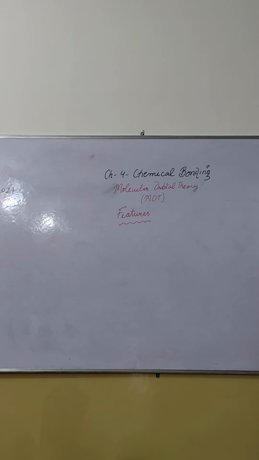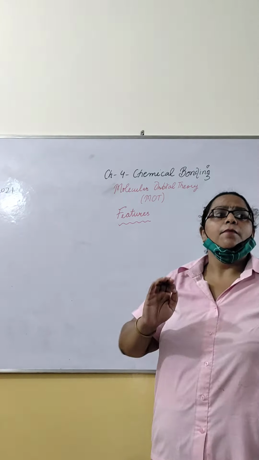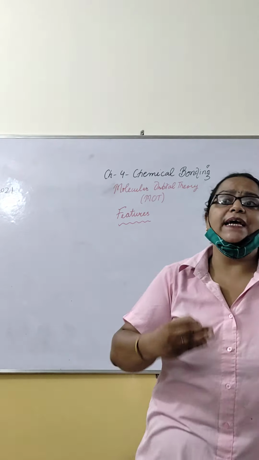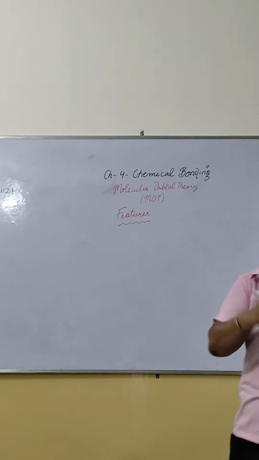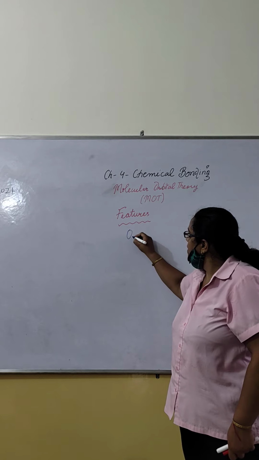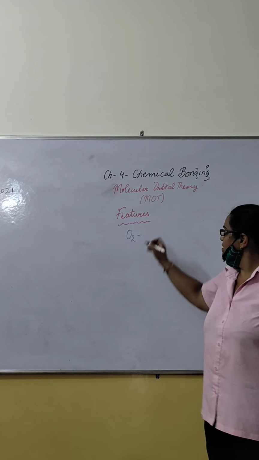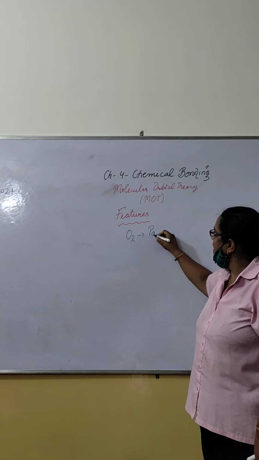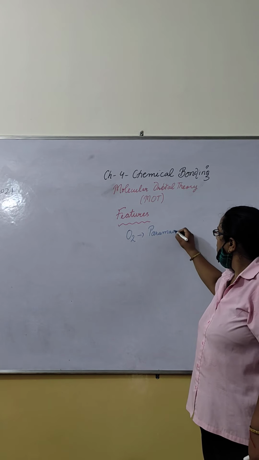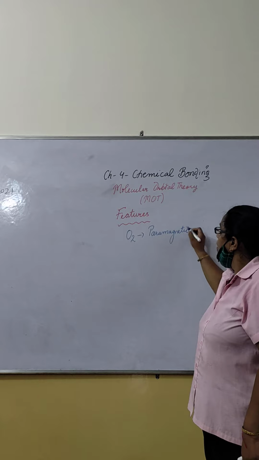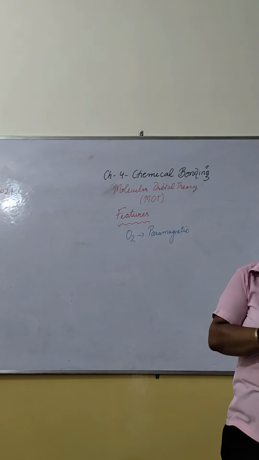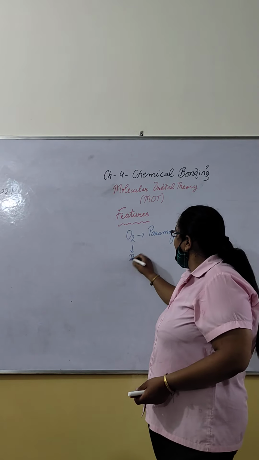See, like we have discussed VBT, valence bond theory, it has certain limitations. They were able to explain the structure and shape of the molecules, but they were not able to explain some of the properties, like oxygen. It is paramagnetic. According to VBT, it is diamagnetic,